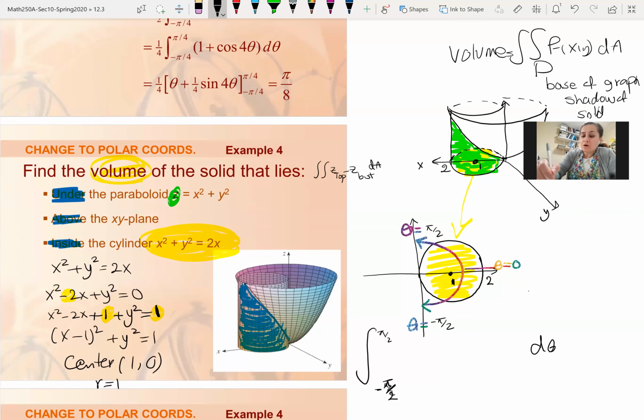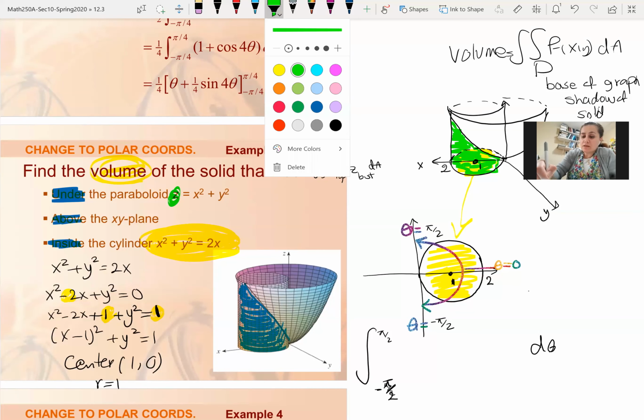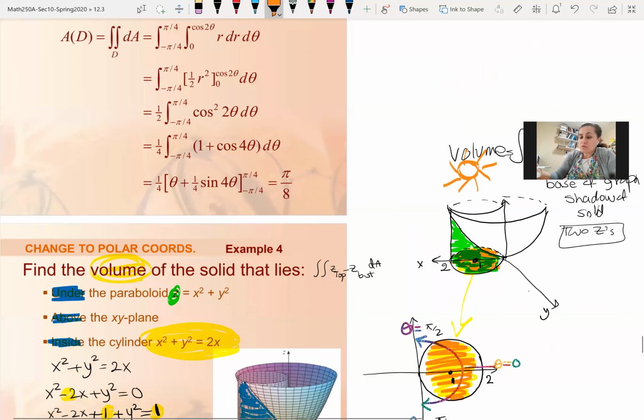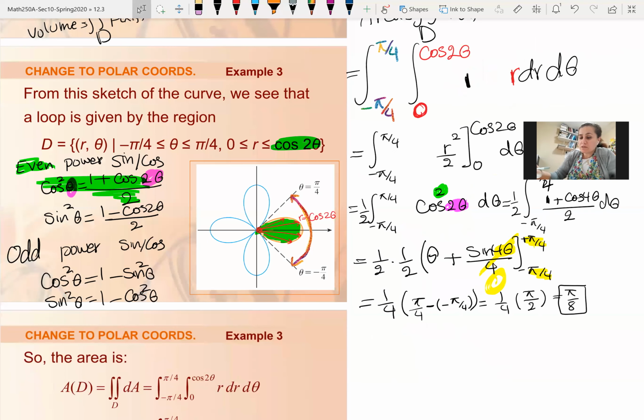So you always have to imagine there is a sun right over here, and it's making the shadow of your graph. How is the shadow of my graph? That shadow of the graph, when I'm looking from the top, is just the region of integration. Okay, so the region of integration, if I go back to the previous setting,